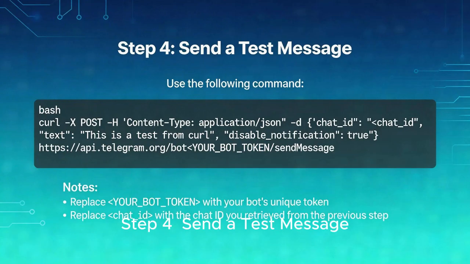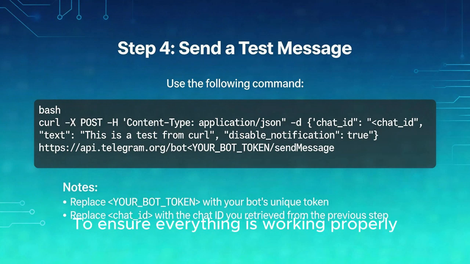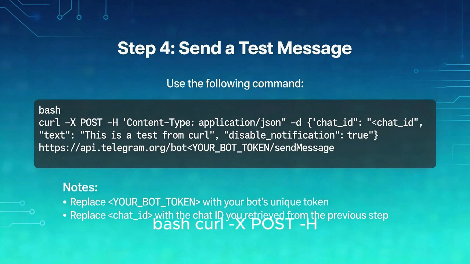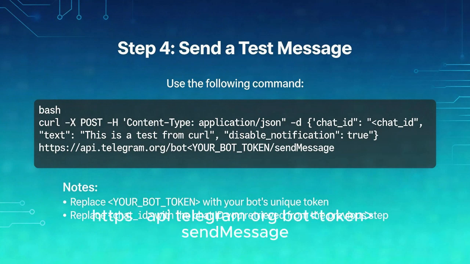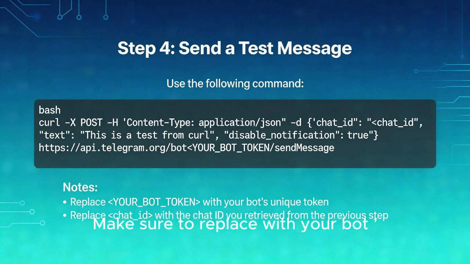Step 4. Send a test message to ensure everything is working properly. Let's send a test message using curl. Use the following command. Bash curl -X POST -H "Content-Type: application/json" -d chat_id, chat_id, text: This is a test from curl, disable_notification: true, https://api.telegram.org/bot<token>. Make sure to replace with your bot's token and adjust the chat_id to the appropriate chat ID from